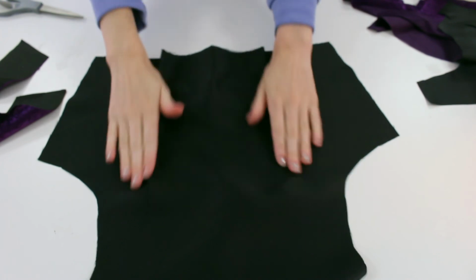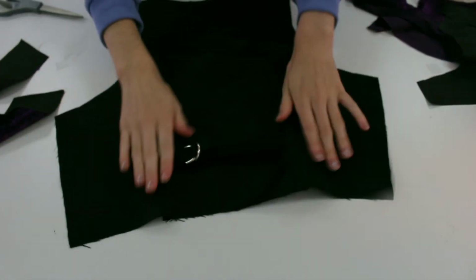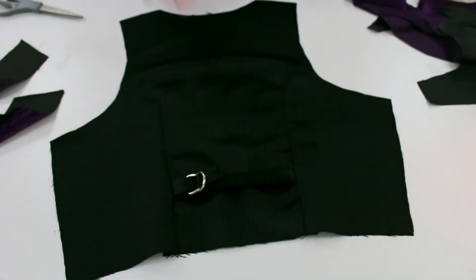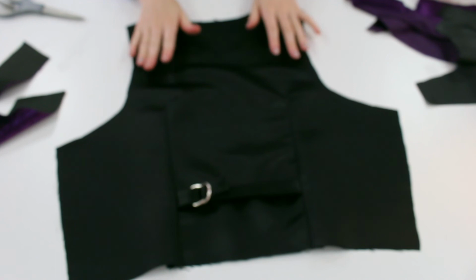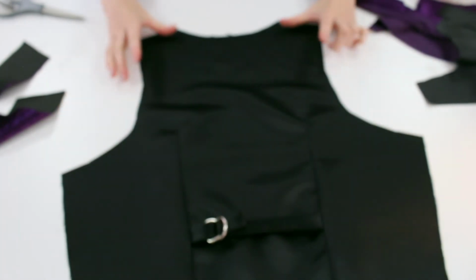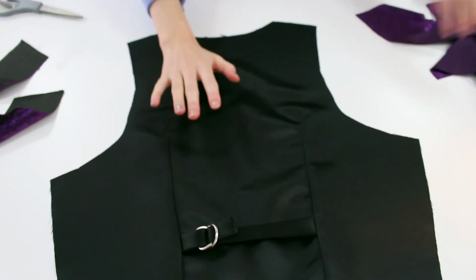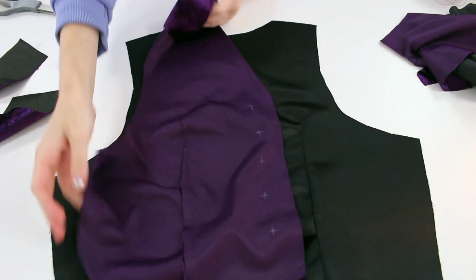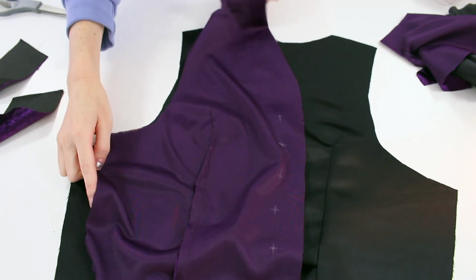So that is what the back piece should look like. I've pressed it all flat with the seams to the side so that it creates a nice flat look. So now what I'm going to do is stitch the side seams and the shoulder of the main body and the lining. So with the main back, I'm going to take the front, place it over the top with the right sides together,